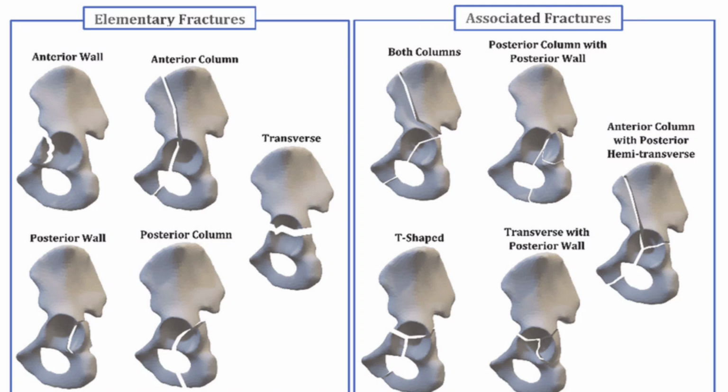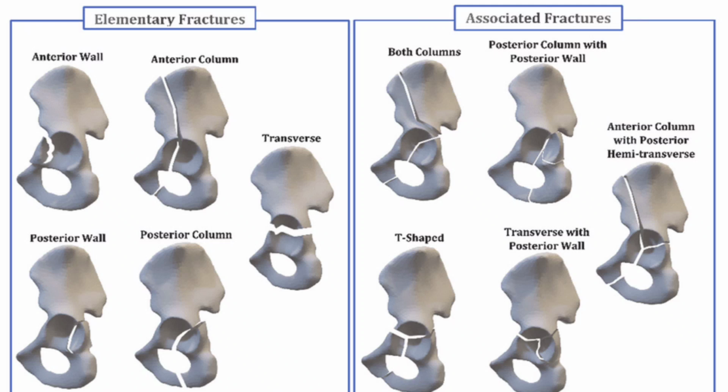Associated fractures. 1. Both columns, fractures involving both the anterior and posterior columns of the acetabulum. 2. Posterior column with posterior wall, a fracture that includes both the posterior column and the posterior wall. 3. Anterior column with posterior hemitransverse, a fracture involving the anterior column with a partial transverse fracture extending to the